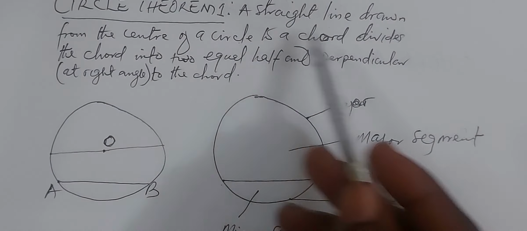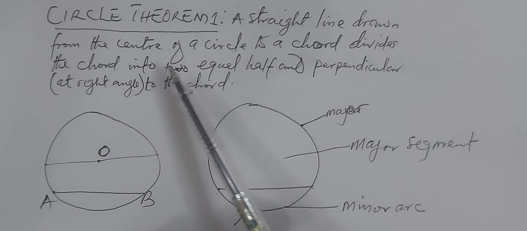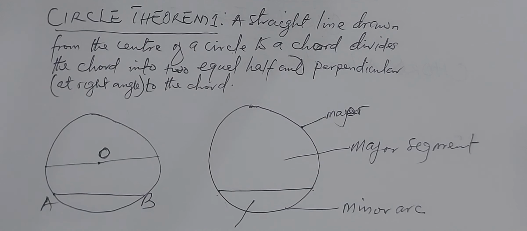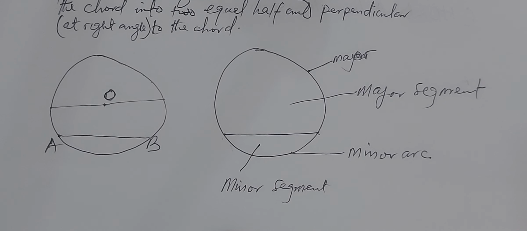So what is this theorem we are talking about? You can see here is boldly written that a straight line drawn from the center of a cycle to a chord divides the chord into two equal halves and is also perpendicular, at right angle, to the chord. So what it means in its simplest form is